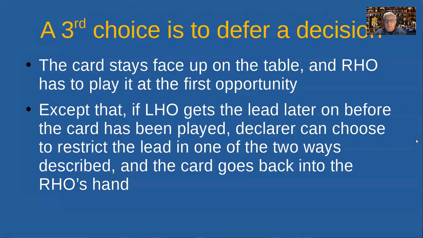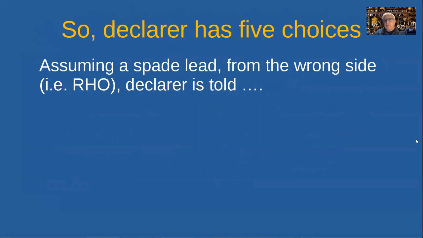And if you think it's been complicated, don't worry, because you don't have to explain all this in the sort of way that I've explained it to the declarer. There's some standard wording that the EBU has given, and you can have this on a piece of paper or a card, pull it out of your pocket, and you just stand there and you speak to the declarer. And let's assume that there's been a spade lead from the wrong side.